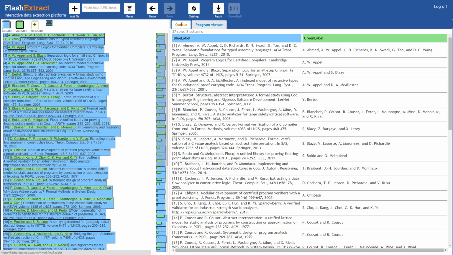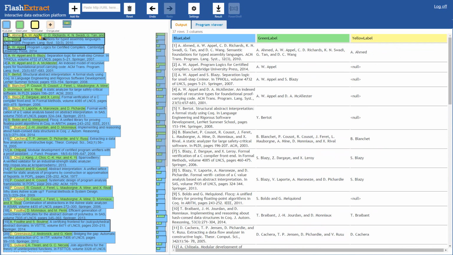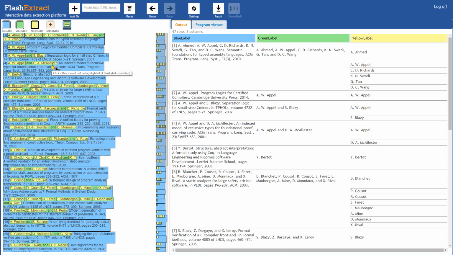Let's now go ahead and extract the individual authors. Note that FlashExtract can also perform nested extraction to produce a list of lists as an output. Let's select here the first author and then the second one. After I provided a couple of examples, FlashExtract correctly identified the list of all authors and appropriately displays the nested data in the table. Note that FlashExtract correctly ignores the word "and" in the last yellow field in any blue